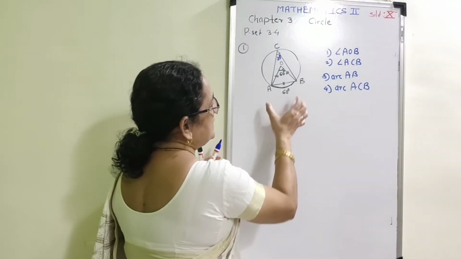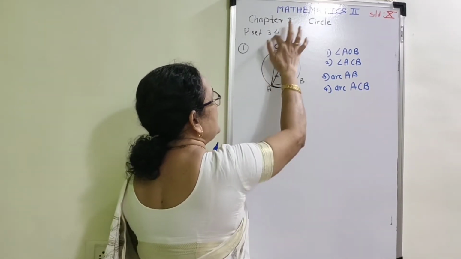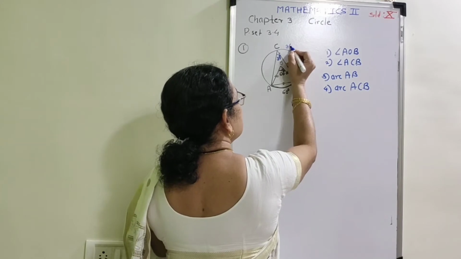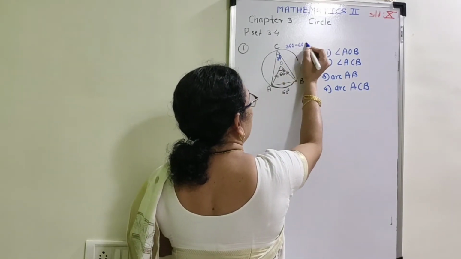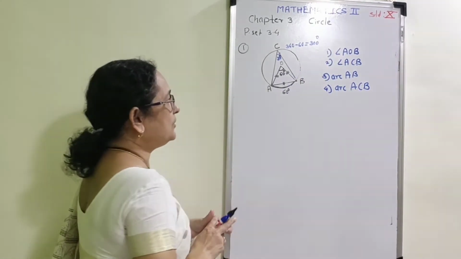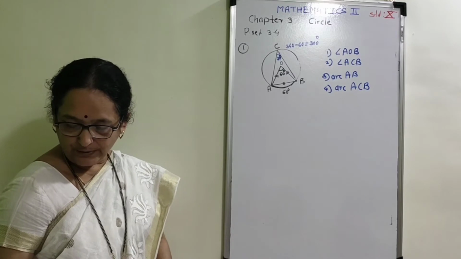Now this arc AB is 60 degrees, and therefore the remaining arc is 360 minus 60, and therefore this remaining arc is equal to 300 degrees. Now here we have completed all 4 answers orally. Now we are going to write it